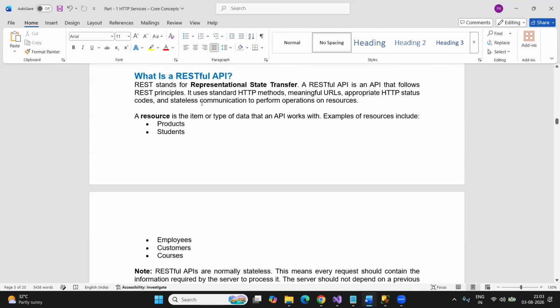What do you mean by RESTful principles? REST principles mean it should use HTTP methods like get, post, put, patch, delete. It should have a meaningful URL. Every resource should be uniquely identified. The server should return the appropriate HTTP status code. 1xx is informational, 2xx is successful,